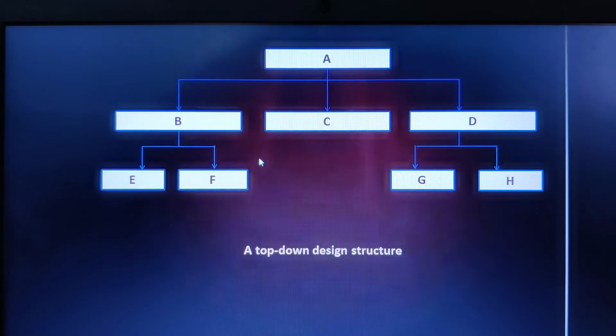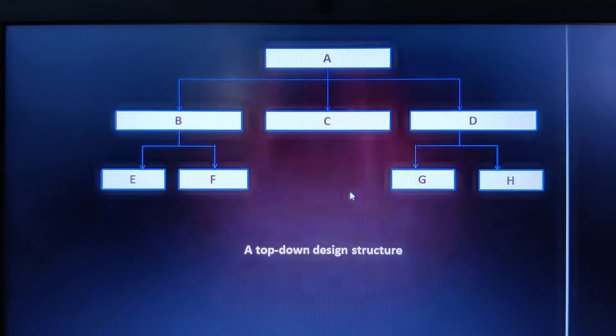Such an approach we refer to as the top-down design approach. Now the sub programs or the sub problems we can even refer to as modules. So the sub problems E, F, G, H will be simple enough, and it is very easy to implement or convert them into programming languages. Therefore this kind of top-down design structure can be viewed like a tree-like structure.